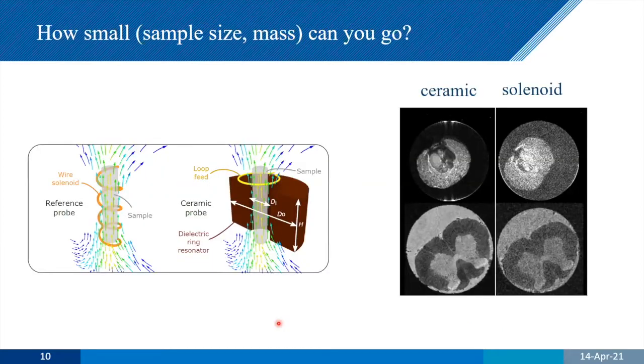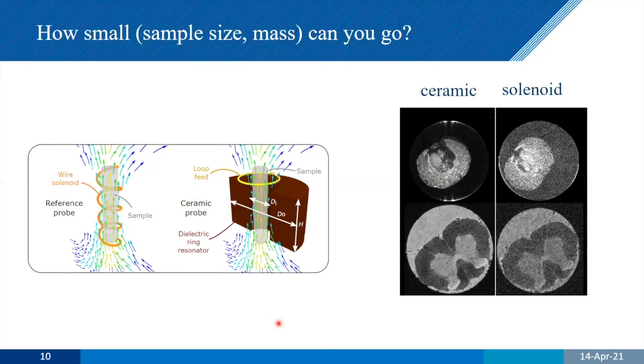As we're building these coils, we realize it's quite difficult to build everything at this very small scale. You have to be very, very careful about how you're winding the solenoids. You've got susceptibility issues. And so this also forced us to look a little bit into different kinds of probes. One of the common themes that's going to come through here is dielectric materials or ceramics.